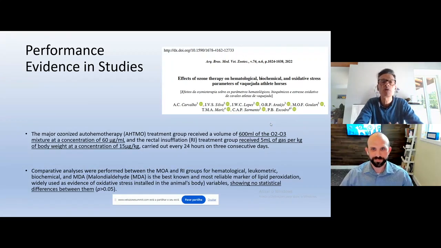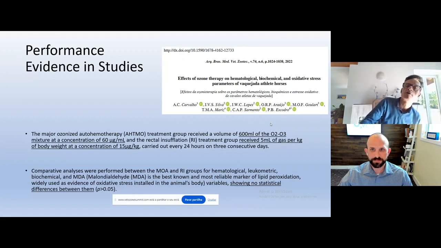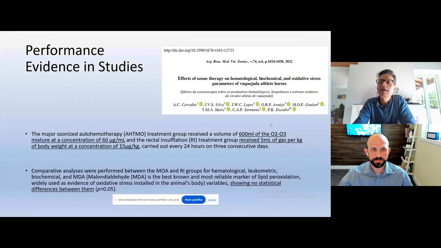And I think this amount is within the normal amount of blood, and 60 micrograms per milliliter. Here, I don't think it surpasses the 50 rule. I think it's just too high. It damages the red cells. And in terms of rectal insufflation, we see that the volume is also okay, but a concentration, a total dose of 15 micrograms per kilogram